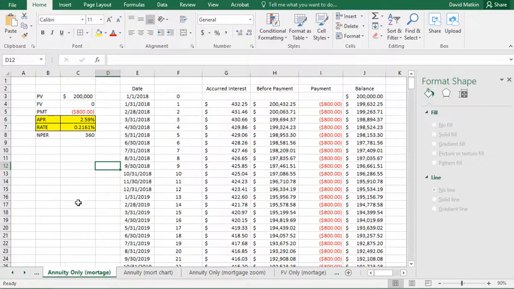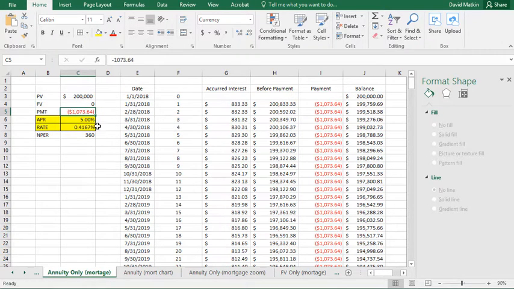You don't really have to fully appreciate that right now in order to be able to use the information, but that's the intuition going on here as to how we get from the $200,000 today down to zero at the end of 360 time periods, and with a 5% APR given this payment